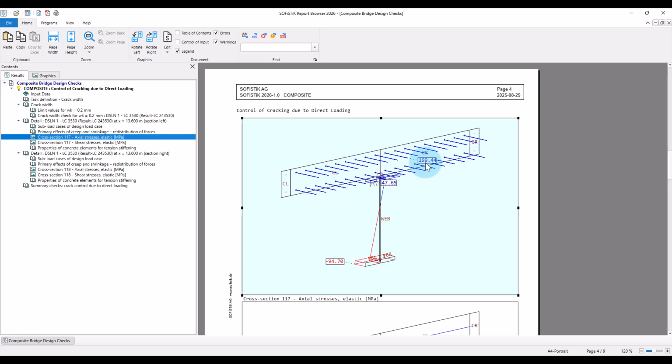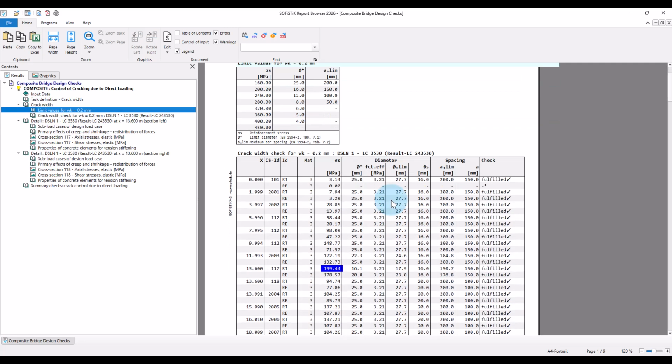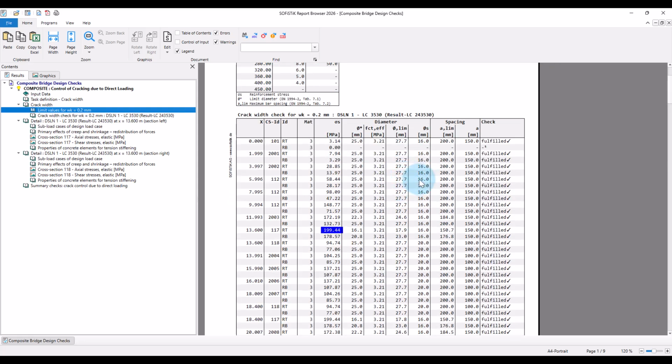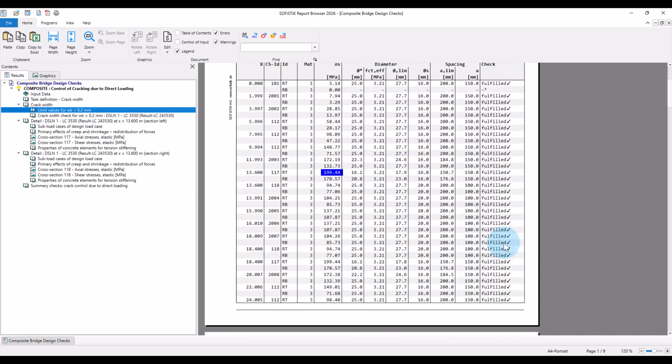Please remember that these stresses have per default been calculated considering the tension stiffening effect. And then we get a comparison of the limit diameter versus the actual diameter of the bars and the limit bar spacing versus the actually defined spacing. If one of the two criteria is fulfilled, then the check is fulfilled. And as you can see here, this is the case for the whole girder.